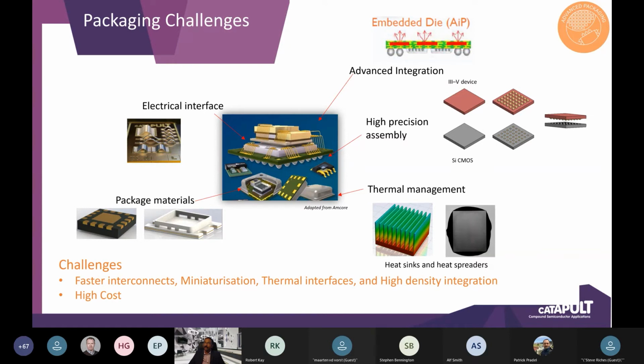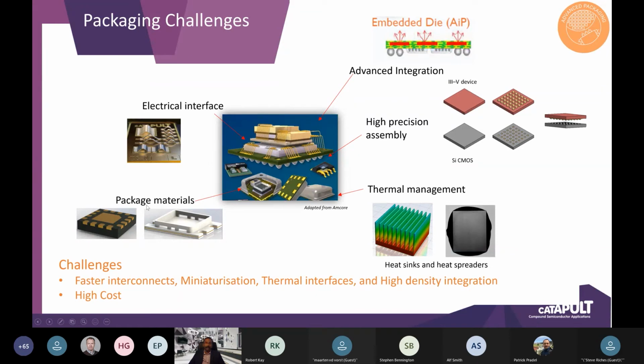But this also invites thermal related issues. When we are trying to reduce the size of the product or integrate the components very close to each other, which is good for electrical integrity, on the other hand, we need to handle very high density power in a small area. So that is where thermal management plays a key role in the packaging. Novel heat sinks and heat spreaders, that is a material related issue that needs to be addressed.